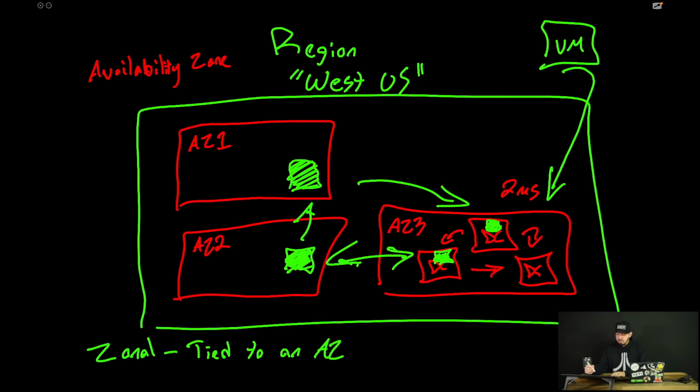Now I will say, according to Microsoft, if you do what I drew here on the screen, where we have the VMs set up across availability zones, even just 2 VMs, so we have a VM in AZ1 and a VM in AZ2, Microsoft says that will bring you 99.9% availability. That's pretty darn good if you ask me. Now, if you do only one instance of a VM within one availability zone, ultimately that means sitting on a server somewhere, I believe they promise you 99.9%, which is still really good,